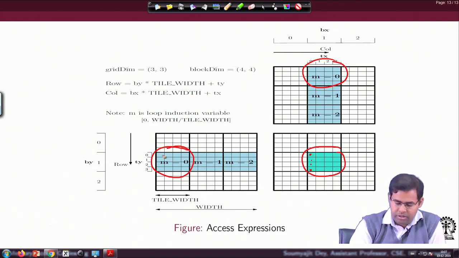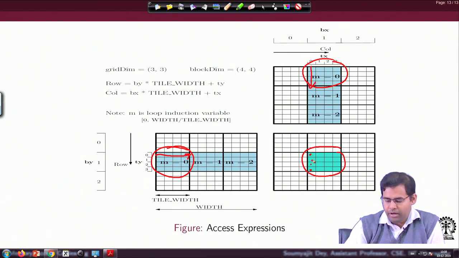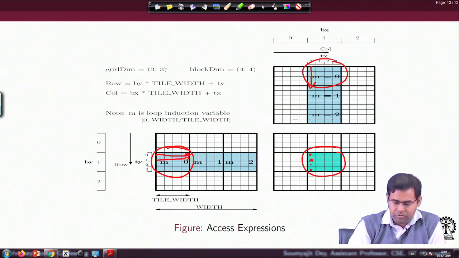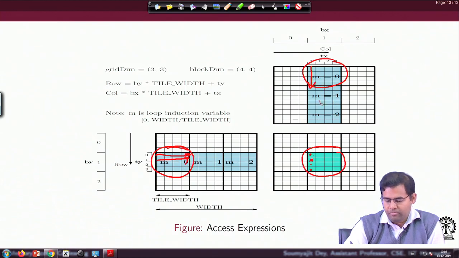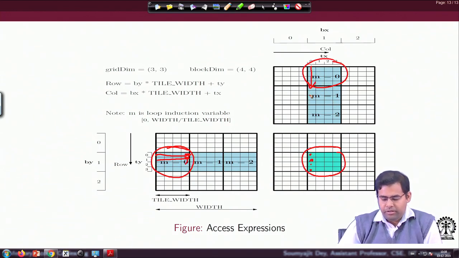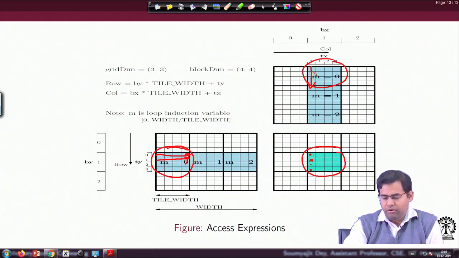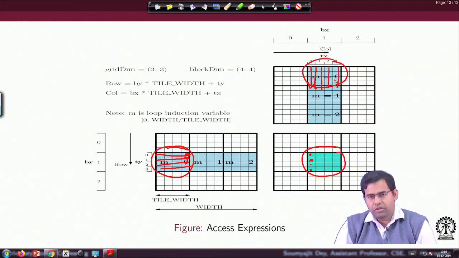For example, this thread made progress like this, and in parallel some other thread was making progress like this, and again in the same column like that. But after this phase is done, all the threads have covered all these positions, right. Everything is still going on in parallel, like our original unoptimized CUDA kernel for parallel matrix multiplication.